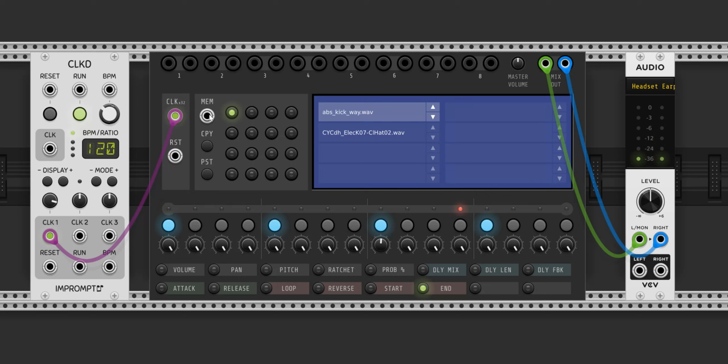You've also got a memory CV input where it reacts to 0 to 10 volts. So you can select the memory via CV. The last thing I want to mention is that you can also change the start and end position of a sequence, or of a track, I should say. So if I grab this for the hi-hats,